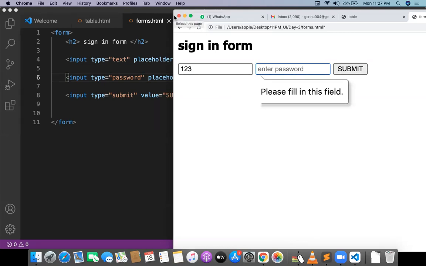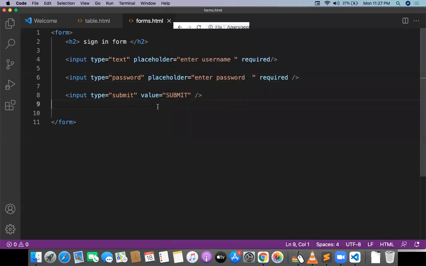If you have to give a condition to the password, no conditions now. This is HTML, this is not JavaScript. Don't worry. The simple condition from HTML is just required. When you say required attribute, automatically it is asking you to fill the password. It is not moving to the next page.